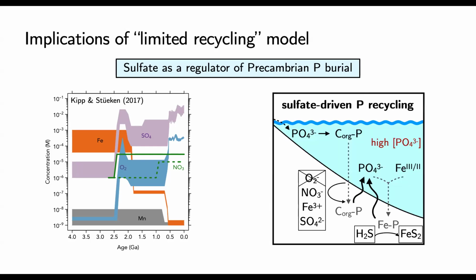And not only that, but I'm showing in this modified version of the cartoon from earlier, there's a second aspect to the role of sulfate in phosphorus recycling to the water column. The first is shown on the left: the transport of organic-bound phosphorus to sediments, even when there's no O2, if you have sulfate, you can respire the biomass and let the phosphorus back to the water column. But then also the byproduct of that sulfate reduction, hydrogen sulfide, will tend to react with iron in sediments, producing iron sulfides. And importantly, iron sulfides do not adsorb phosphate, whereas the iron oxides would. So that's another way of cutting off the iron trap. And collectively, what that means is there's more phosphate that can escape back to the ocean.